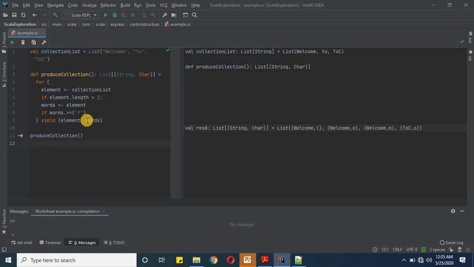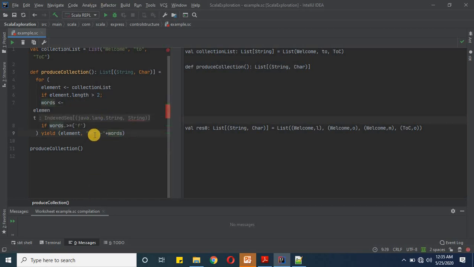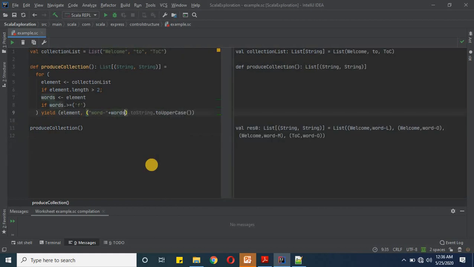So now in fact we will do some enrichment in it, and we will see the outcome now. So here if you see, I'm adding one string, and since we are doing concatenation, this character will become a string now. So I'll change the type. We will do the method with the word we need to keep in all string values. So here we will make a small change. Here if you see, we have created the list successfully, which is having welcome as a string value and word -L. So that's how we enrich, in fact, the yield value out of the for loop.